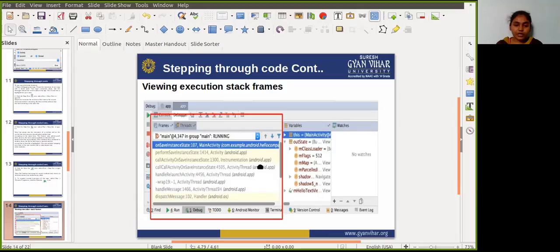The evaluate expression window updates with the result of the execution. Note that the result you get when evaluating an expression is based on the app's current state, depending on the value of the variables in your app at the time you evaluate the expression. So you may get a different result, and changing the value of a variable or expression also changes the current running state of the app.